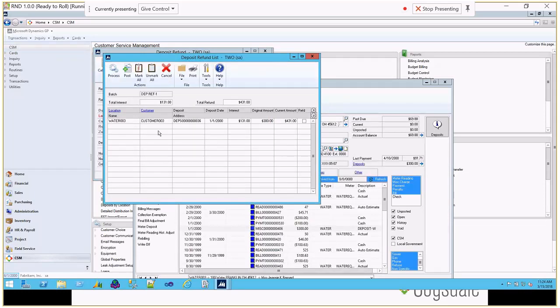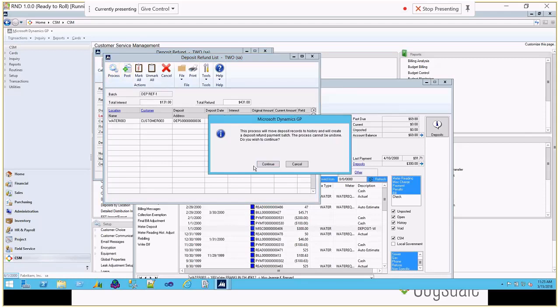So we can now see, we also changed the display on this window. Previously you would see for each payment here what is the amount of interest for that payment, and some of the inconsistency that we had in how it was displaying here. So we are now displaying in this example only one, and we summarize all total interest amount. So that's the change also that you will notice when you calculate interest using this deposit refund option. So if I process this payment,